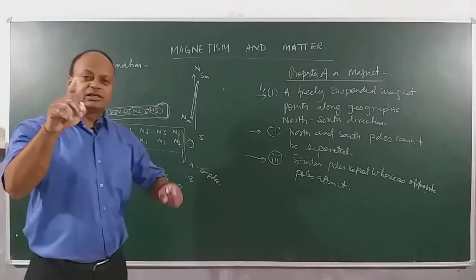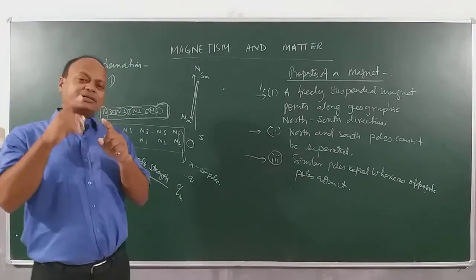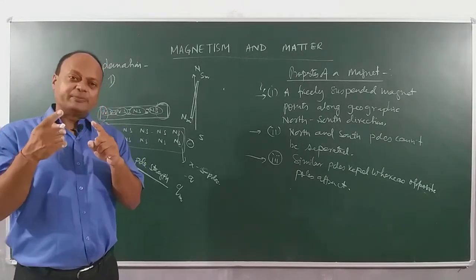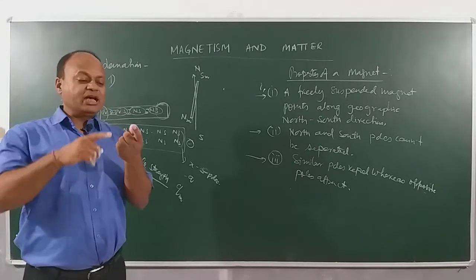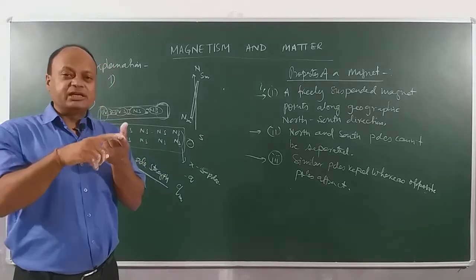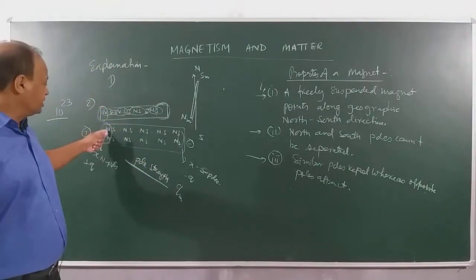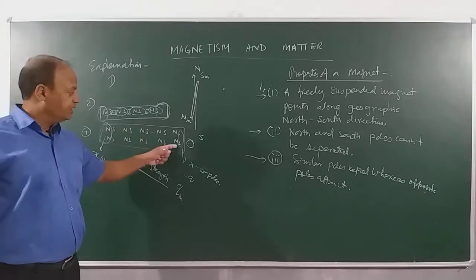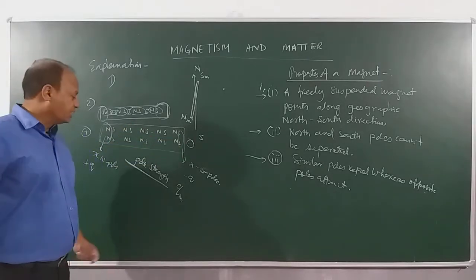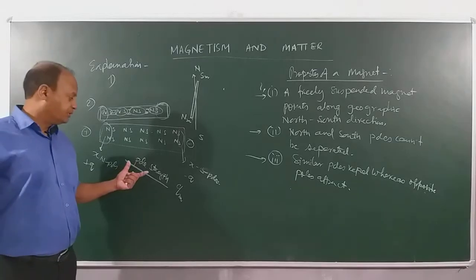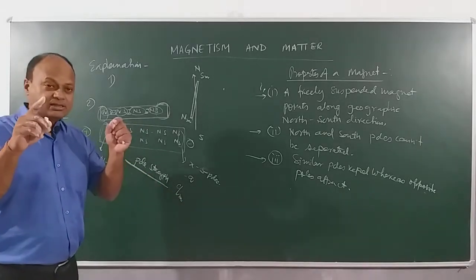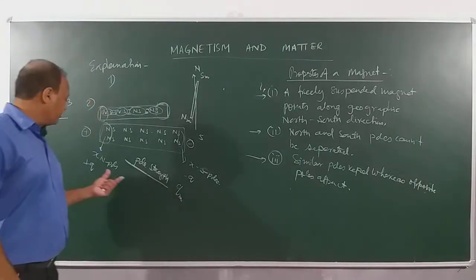So we conclude here, children, that a bar magnet will act like a dipole, a magnetic dipole. Why? Because it will have as many unneutralized north poles here, because these poles are not neutralized, these ones are neutralized, as many unneutralized south poles, and the number of unneutralized poles is called pole strength. So for a bar magnet, this pole strength will be similar to having charge.